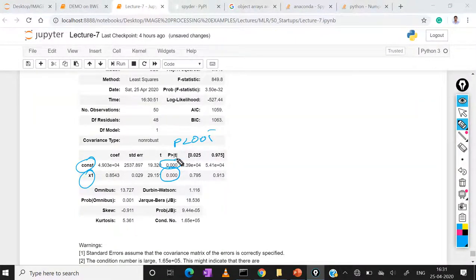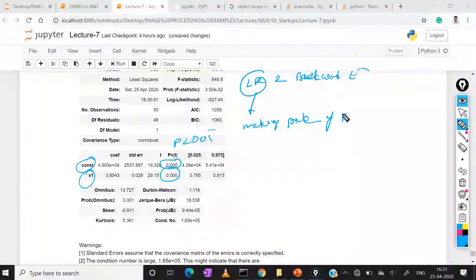So what is the main difference between linear regression and backward elimination? The linear regression model is for making predictions of the target variable.